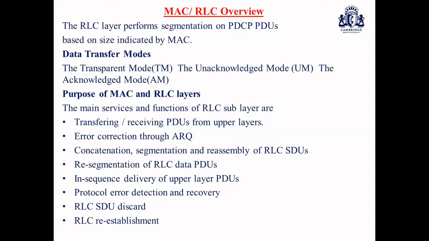So what happens at the transmission end? With respect to UMD, the RLC entity segments or concatenates the RLC SDUs. At the receiving end, the RLC entity performs reordering, duplicate detection of data, and reassembling of UMD PDUs, nothing but the unacknowledged mode data PDUs, the packet data units. So you should understand all this terminology with respect to UMD.